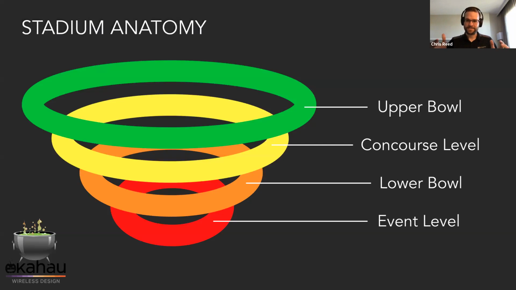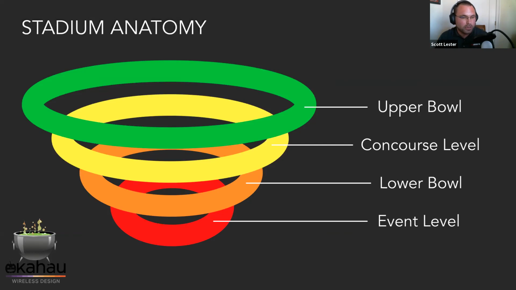But for any of the designs, my methodology is to start in the bowl. You design the bowl and then you fit other things around your bowl design, your bowl placement, and your bowl channel plan. If you were to try to work your way outside in instead of inside out, your concourse is a lot easier to shift around to support your bowl. If you've set your concourse and then try to shift the bowl around, it's cascading changes across the entire bowl that you have to make. So if you start in the bowl and work your way out, then you shift the concourse and suite areas to fit within the channel plan and the design that you've put forward in the bowl.